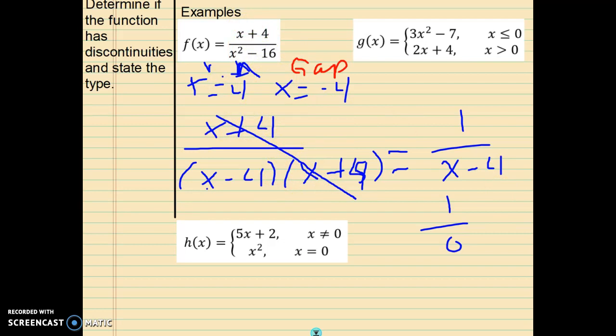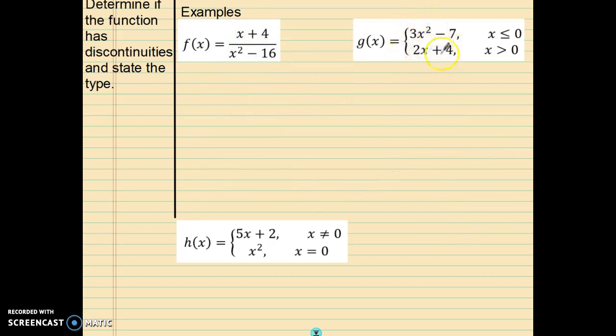Okay, let's do another example. With a piecewise function, you just have to check the function is going to be continuous to the left of 0 and to the right, because on the top right here we're talking about a parabola. On the bottom right here we're talking about a line. Both of those are well-behaved functions, no discontinuities. So the only possibility is that they do not connect at 0. So what we do is we simply plug in 0